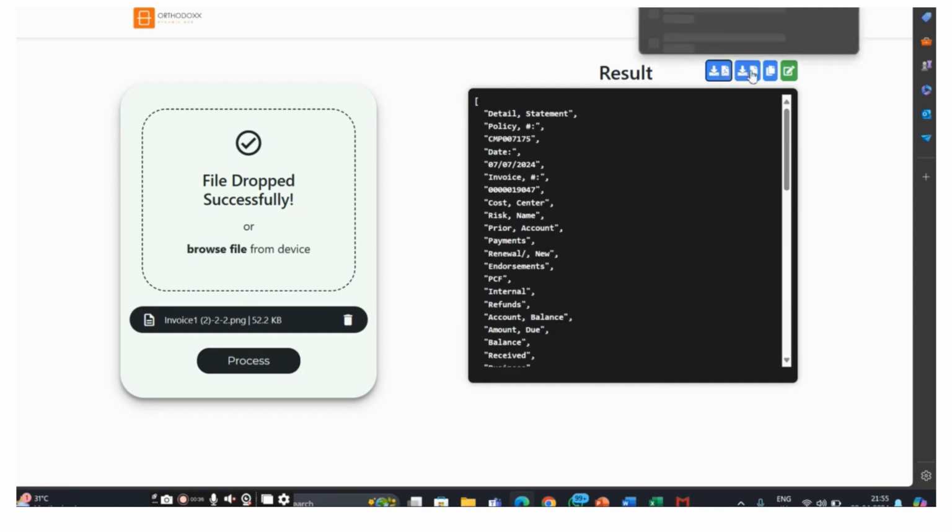And the next part is you can even download the PDF out of it, or if you want the JSON file, even you can download that. And if you want any text file also, you can download that. So this is the complete working of the Dynamic OCR engine.